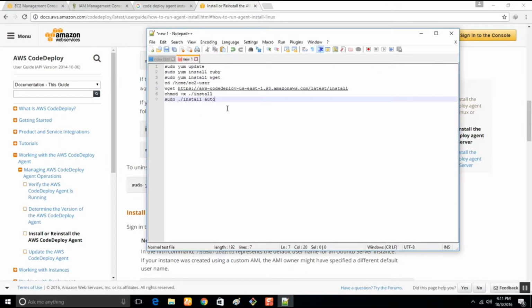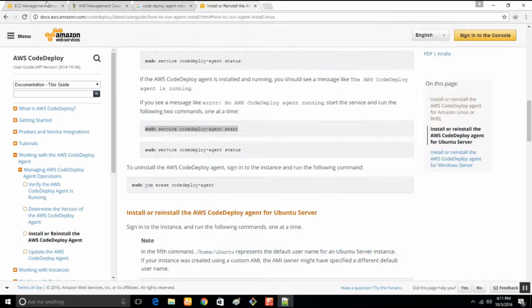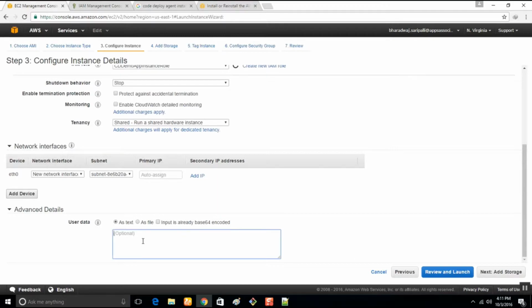Okay, these are the things that we are going to give, additional information while starting instances. Let's copy this for a second and go to advanced details and paste it here. This is because whenever the CodeDeploy instance role that we created picks up and tries to start the instances, it needs to have the CodeDeploy agent pre-installed and its service running so that it can work effectively. For that we are doing this.